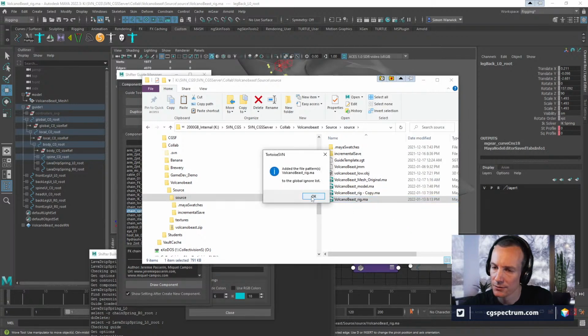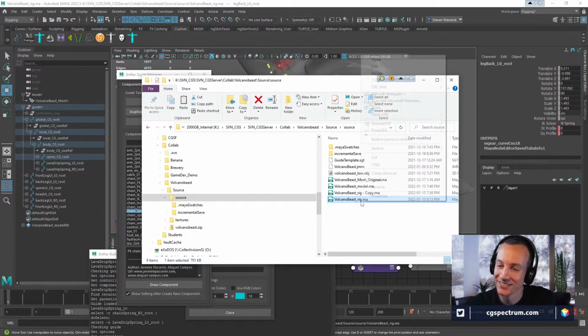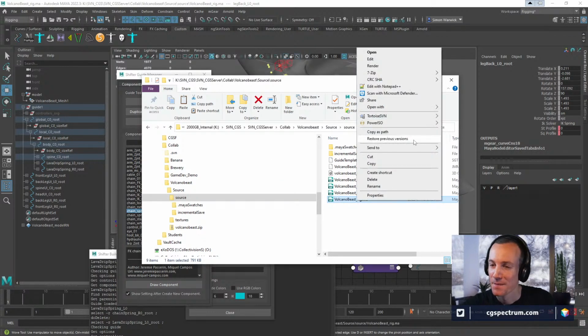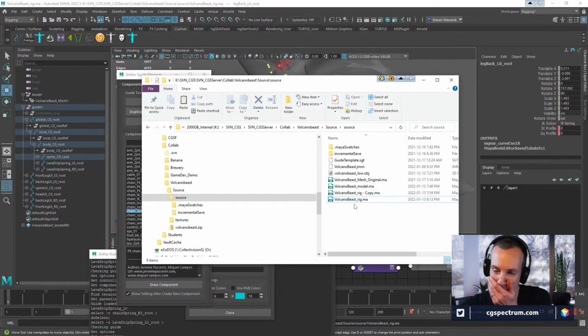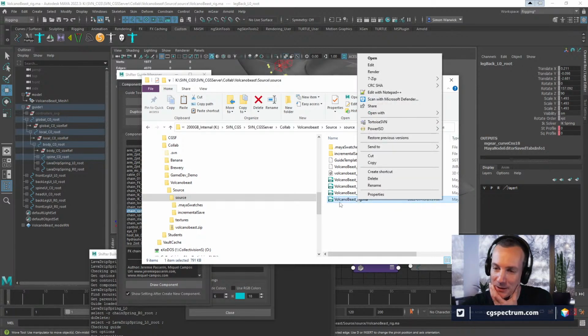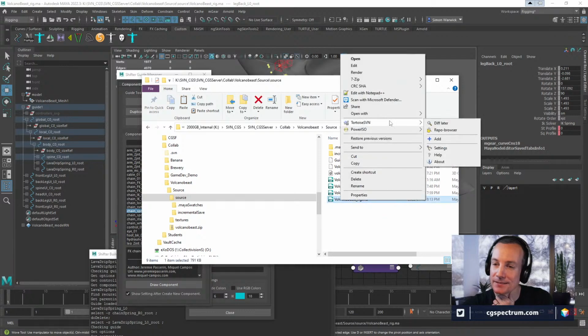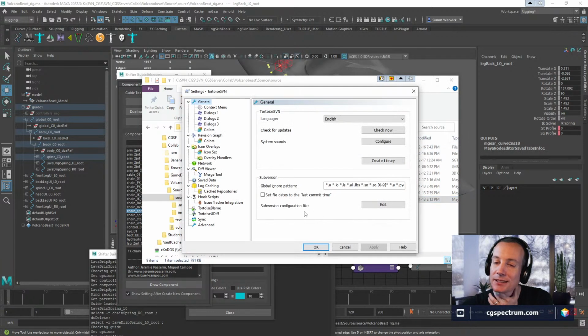What does that mean? Unversion. Added the file patterns to global ignore list. No, I don't want to do that. Oh no. What have I done? Oh man, I'm making this worse and worse. It's totally ignored now. Oh my gosh.